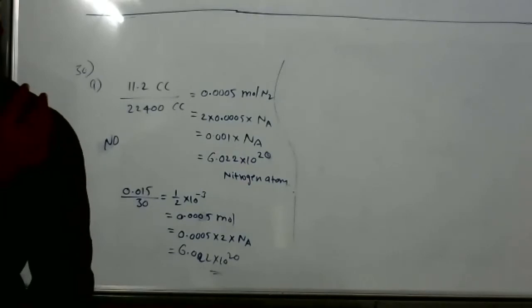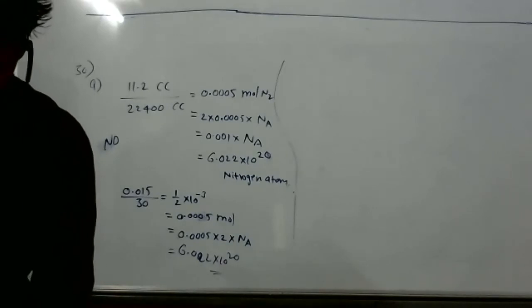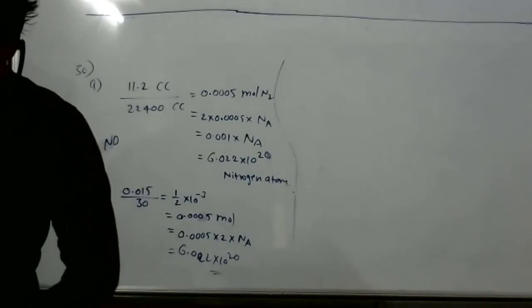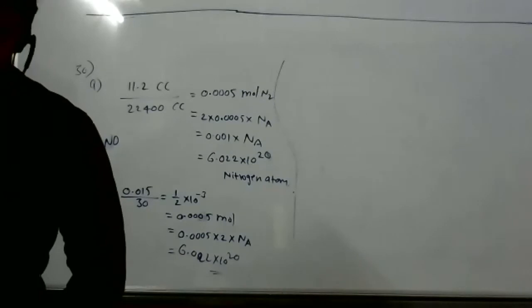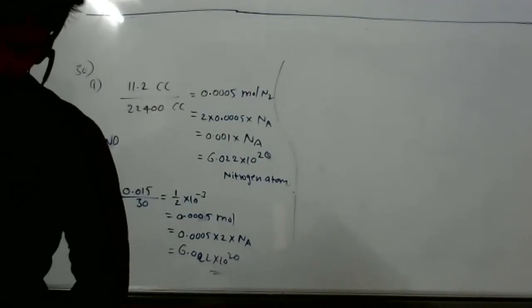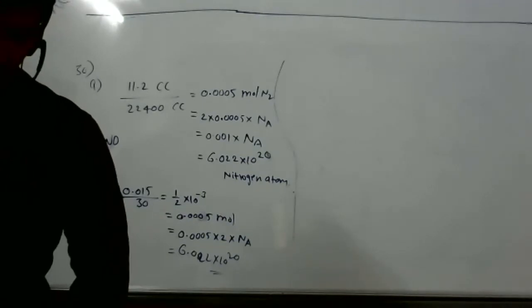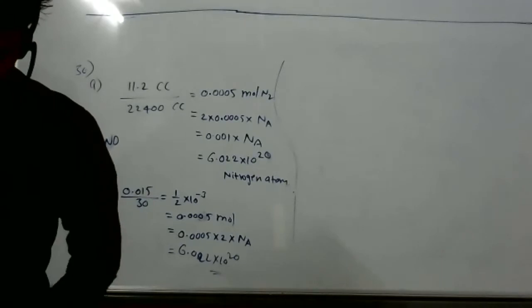Sir, we can consider any one of these, right? Because if N2 is 78% of the volume, we can find the exact volume of the total thing. See, they're asking the molecular weight of air. It is a mixture. We don't take only one species. We have to consider everything: nitrogen, oxygen, argon, and carbon dioxide. Take the given percentage into its molecular mass divided by 100, and you will get the molecular weight.